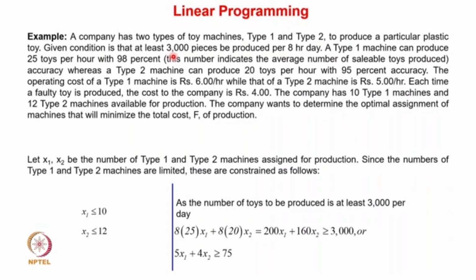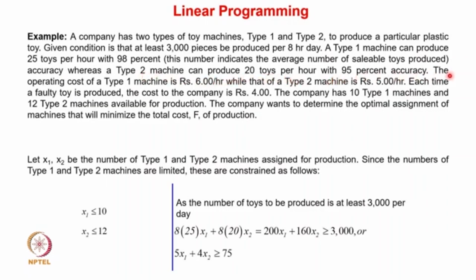The given condition is that at least 3000 pieces of toys must be produced per 8-hour day. A type 1 machine can produce 25 toys per hour with 98% accuracy. This number indicates the average number of sellable toys produced. Okay, so 98% accuracy is there for the type 1 machine, whereas a type 2 machine can produce 20 toys per hour